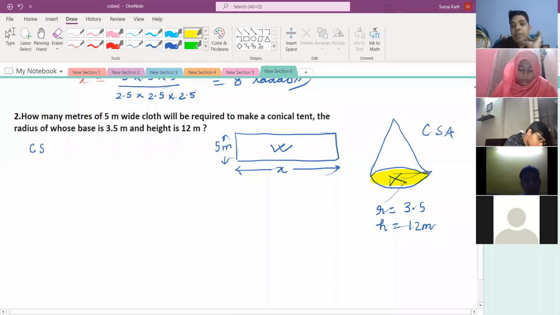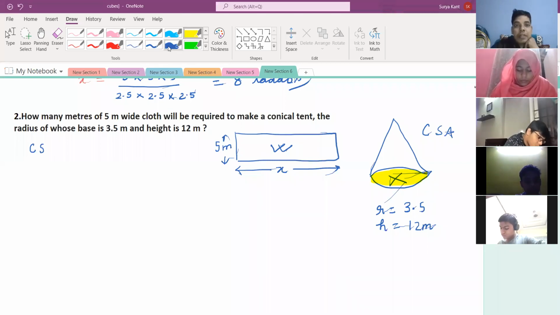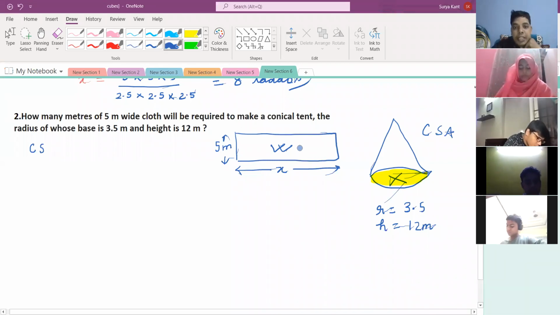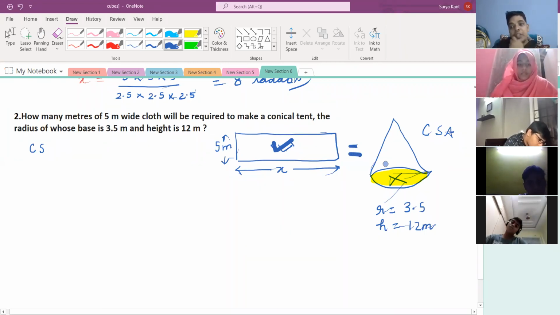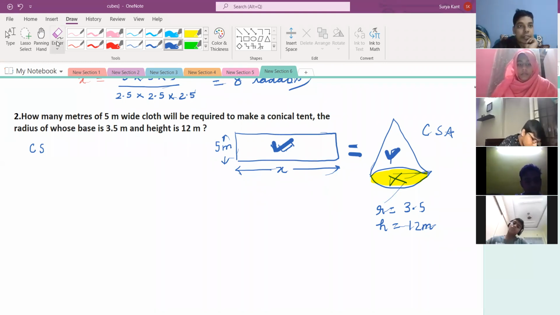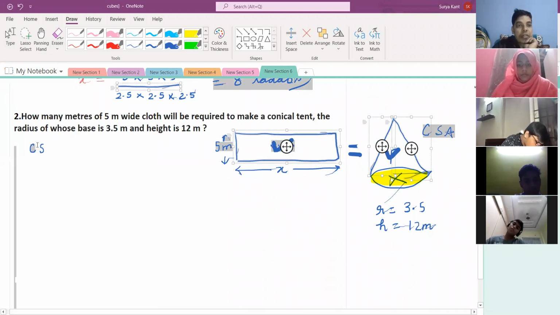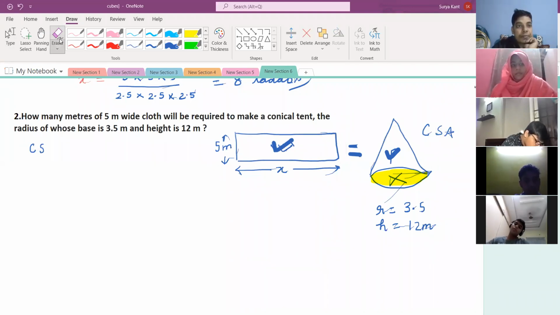So one more thing you remember here, the area of this cloth is equal to the curved surface area of this cone. Both areas will remain the same. Understood? So instead of doing this full calculation, what you can do is